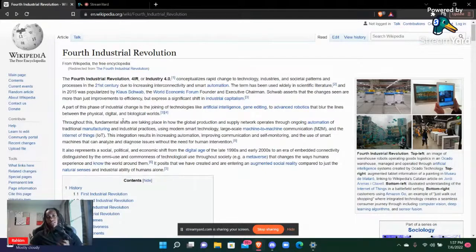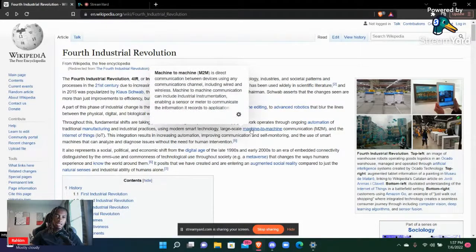And it goes on to say, throughout this, fundamental shifts are taking place in how the global production and supply network operates through ongoing automation of traditional manufacturing and industrial practices, using modern smart technology, large-scale machine-to-machine communication, and the Internet of Things. Now, both of these, machine communication and the Internet of Things, are things that the everyday person has not heard of. The everyday person may think this stuff is only in the movies, but the movies have been telling us of these certain things